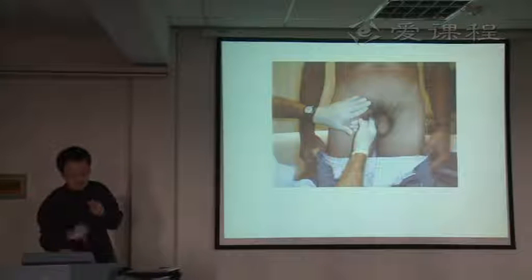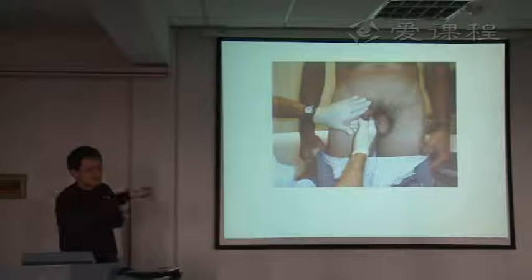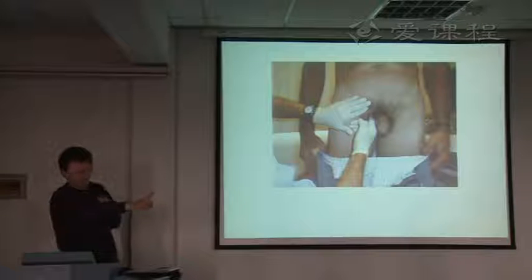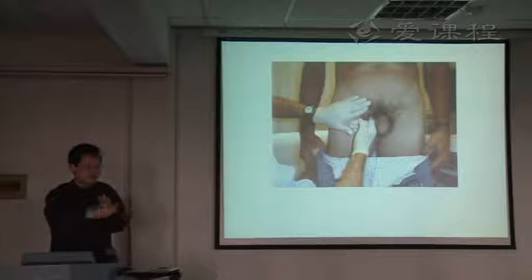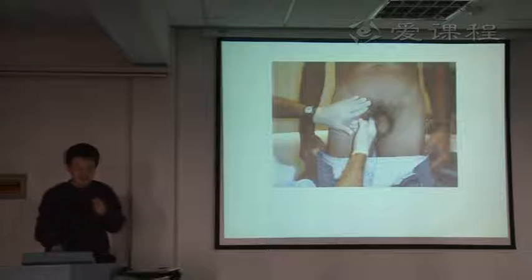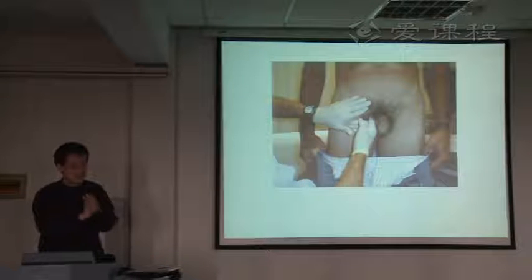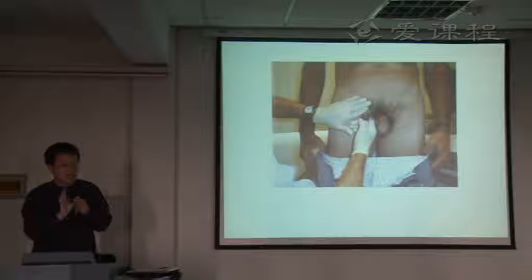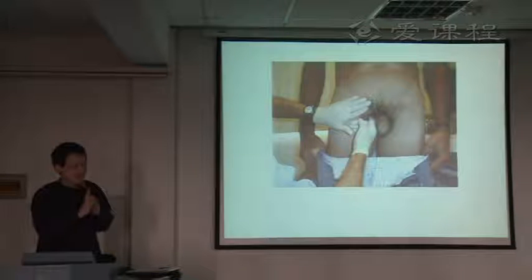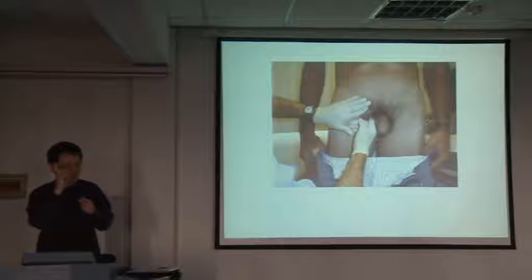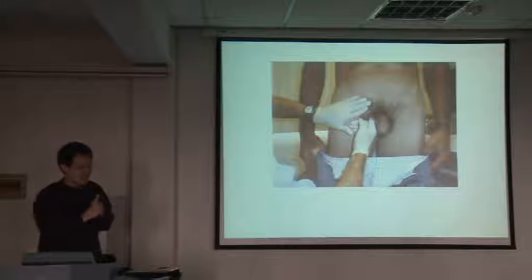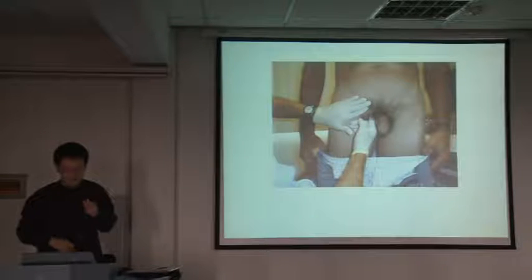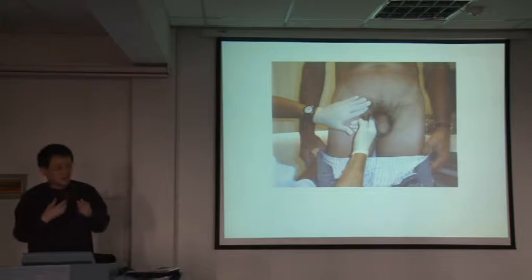You can feel the external ring through the scrotum. If this is an inguinal hernia, this maneuver cannot differentiate indirect or direct hernia, but it can touch the hernia. If you feel him cough, you feel a pulse into your index finger. It means this is a hernia because it goes out. If you cough, the